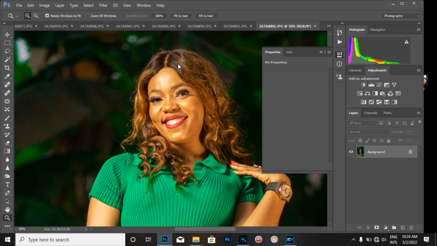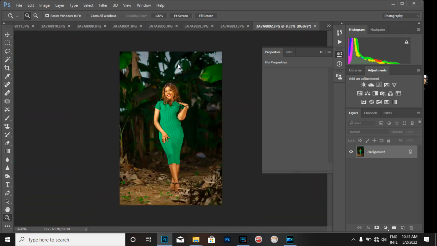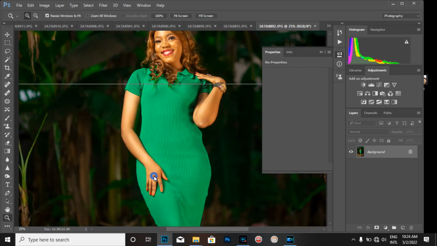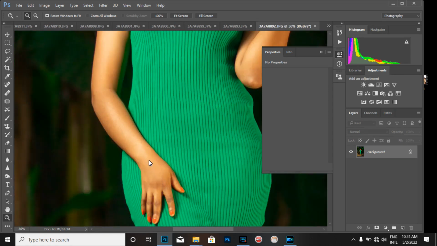So I may not have all the time that other people have to be painting pictures and trying to make it look perfect. It's a challenge for me, and that is the reason why I use this pattern of frequency separation, because it makes things easier for me. Before I retouch any picture, the first thing I consider is the skin. The texture of the skin would determine the